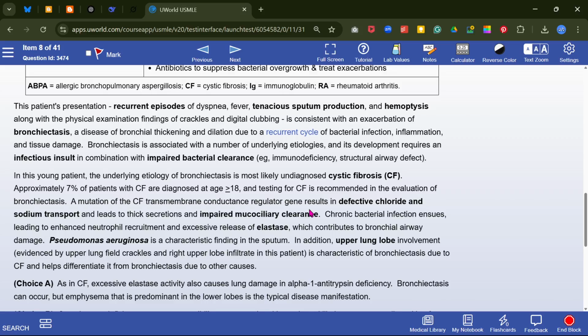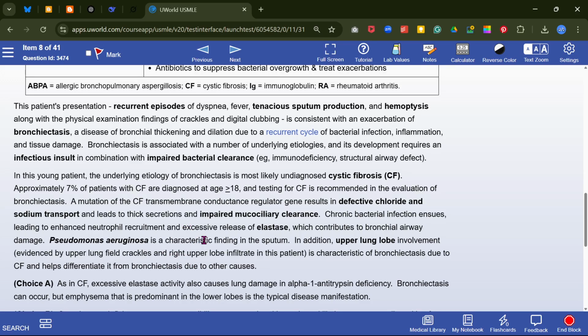crackles and diffuse clubbing. It is consistent with bronchiectasis, a disease of bronchial thickening and dilatation with a recurrent cycle of bacterial infection. In this young patient, the underlying etiology of the bronchiectasis is cystic fibrosis. In cystic fibrosis, there is defective chloride and sodium transport and impaired mucociliary clearance. A chronic bacterial infection ensues, leading to enhanced neutrophil